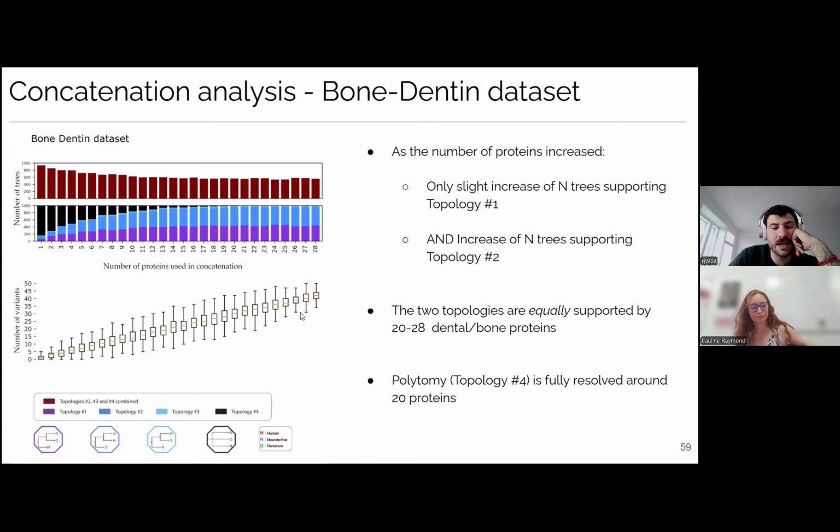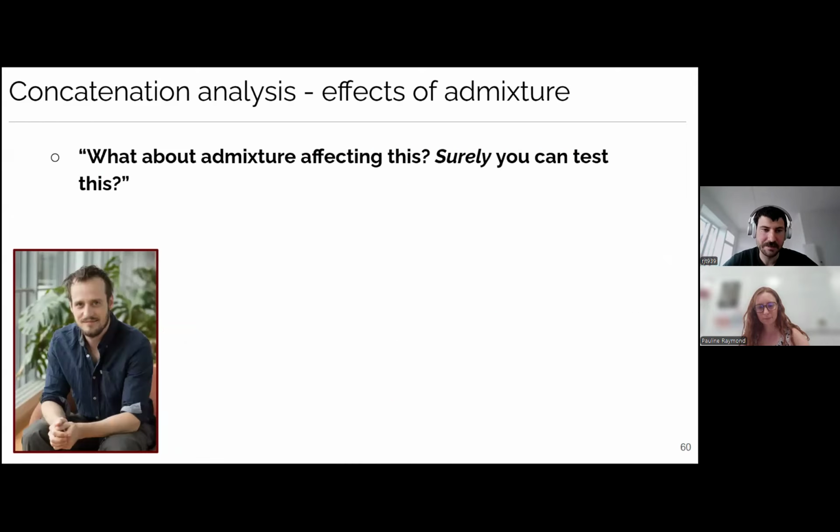And of course, something I forgot to talk about in the previous plot: the number of informative sites they're using goes from 0 to, maybe a maximum in some cases of 50 informative sites, which, if you remember from the hominid dataset, is not even half of what we had for 12 proteins. So this is something to keep in mind.